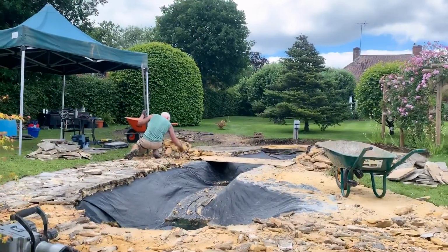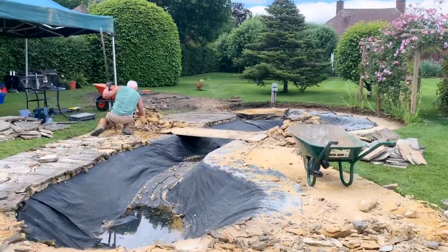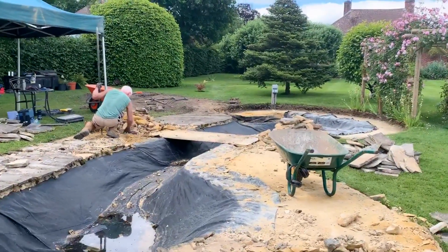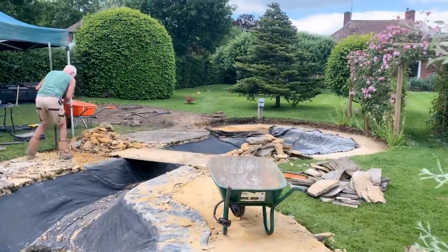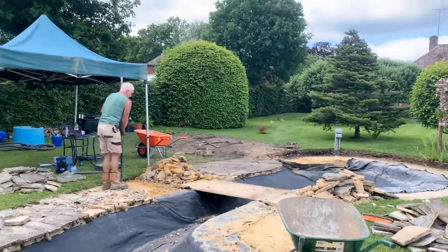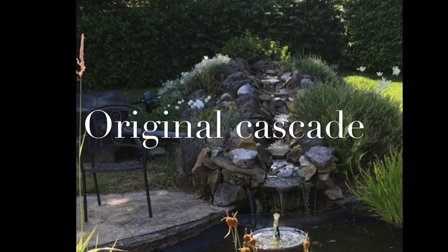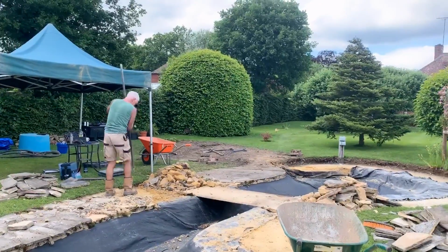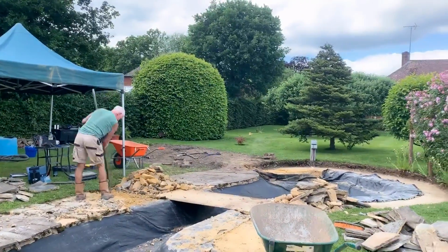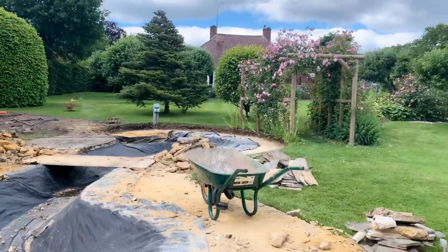So we're 3 days into the job right now, and we've made pretty good progress. I'll show you the before pictures. The cascade was really a very large rockery in that muddy patch over there. And that was a whole day yesterday of digging and removing all of the rubble and the rocks and the soil from there. And then today it's been a case of breaking up all of the surround,